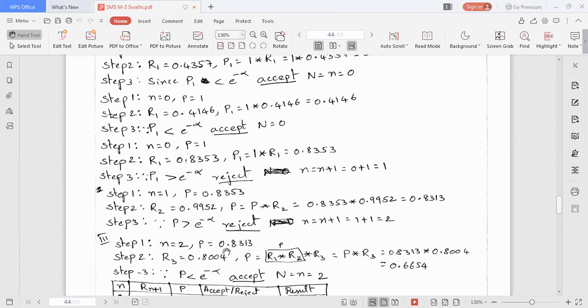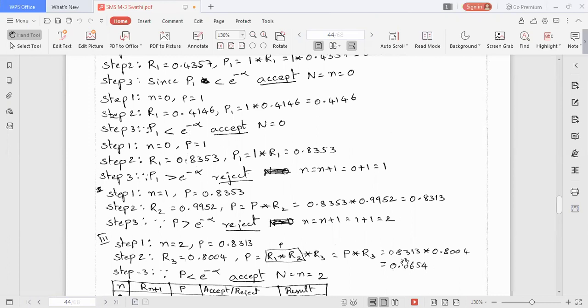So what is the p value? The p value was 0.8313. The p into R3 we need to replace as the p value. P equal to p into R3. So the p value is 0.8313 into the random number R3, 0.8004. 0.8313 into 0.8004, we will get 0.6654.